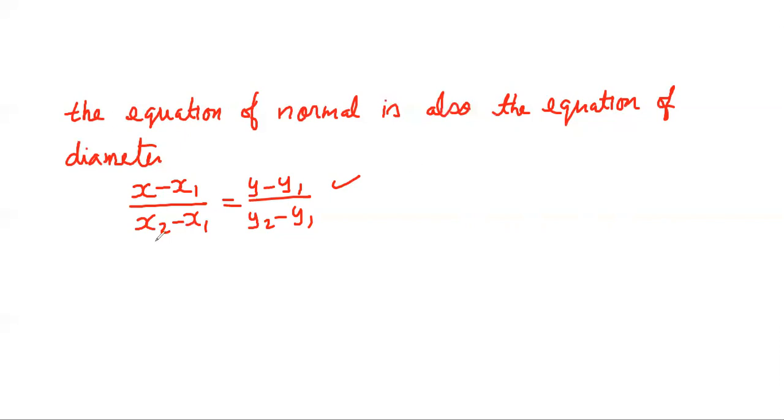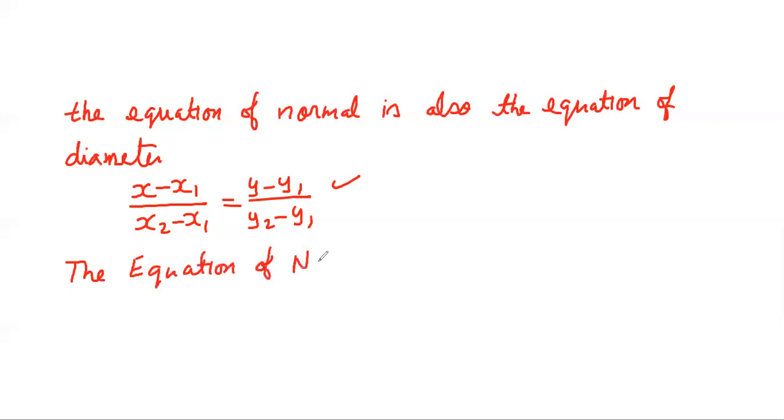And we have to find out the values there. So from these 2 points, we can find out the coordinates. So the equation of normal, now I write the equation of normal.